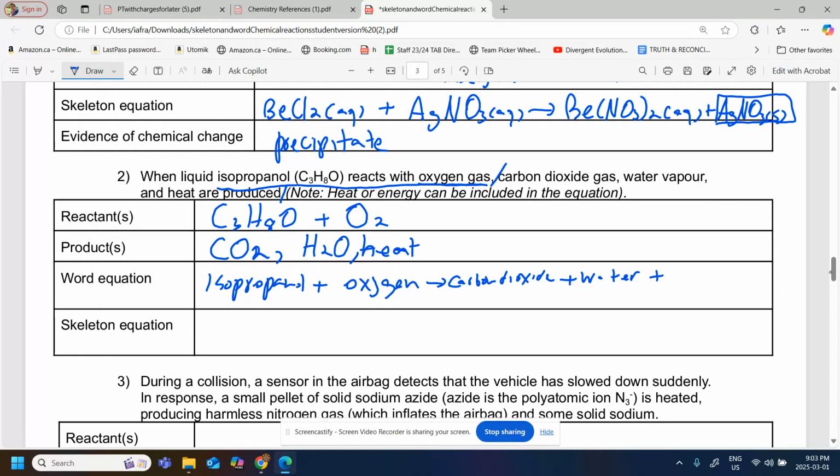And you don't have to write heat, you can also write energy as well. So plus heat or energy. Energy is usually what we write down. So now the skeleton equation, we have